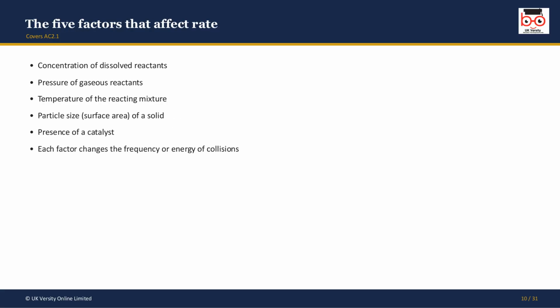There are 5 factors we can change to alter a reaction's rate: the concentration of dissolved reactants, the pressure of any gaseous reactants, the temperature of the mixture, the particle size or surface area of a solid, and the presence of a catalyst. What links them all is that each one changes either the frequency or the energy of the